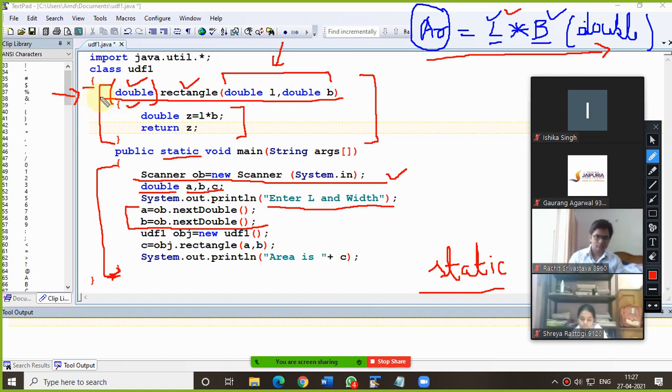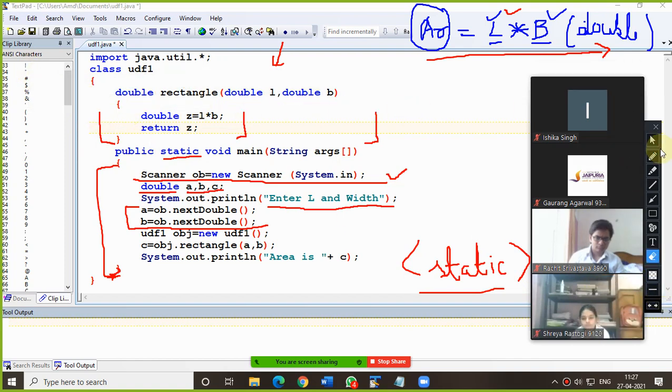If you are not using the static keyword before the return type of a function, that function is a non-static method. What its functioning is, we will discuss later. In short, here we are not using any static keyword. So for calling this type of function, we are supposed to create an object of a class. So what is the class name? The class name was UDF1.